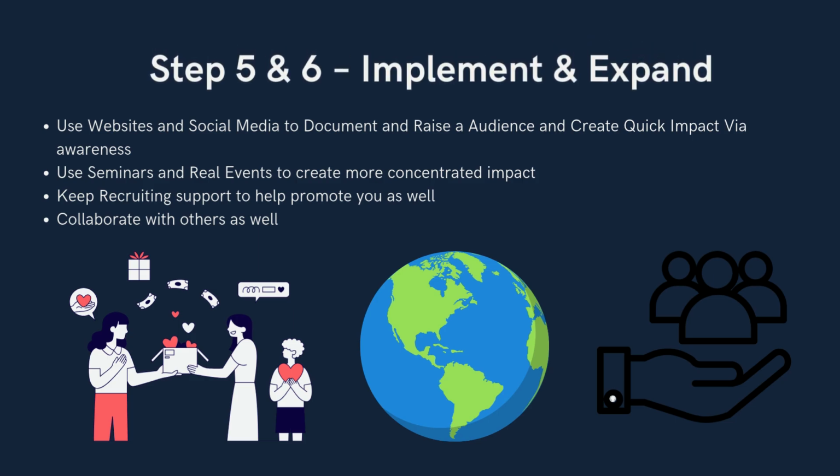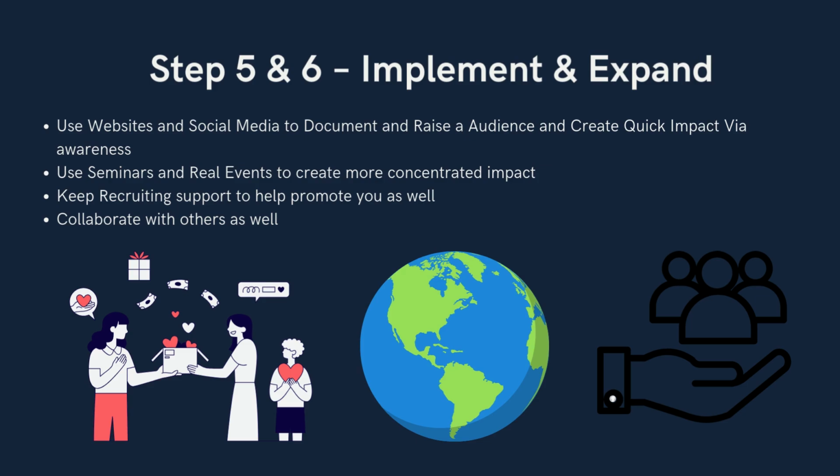So, step five over here is going to be the implement aspect. Step five is to implement it and actually launch your specific nonprofit project. Planning is, of course, great, but nothing happens till you act. Even if you start small, as long as you're doing something to start off with, it's better than doing absolutely nothing. So, I would say mainly try to go for raising impact in social media and websites first, since when you have those, you can create larger impacts and also get a lot more awareness for your own nonprofit.